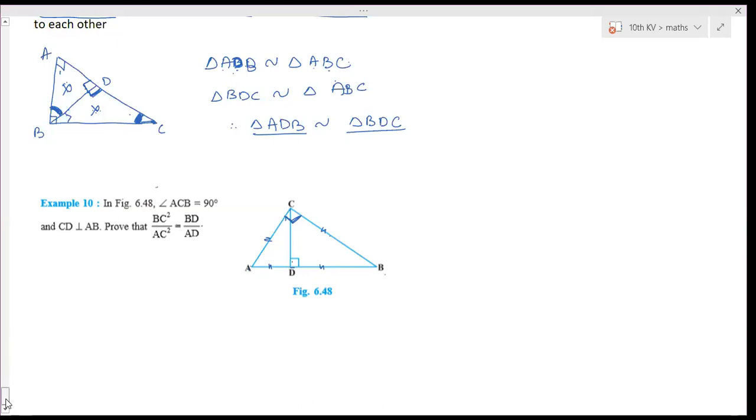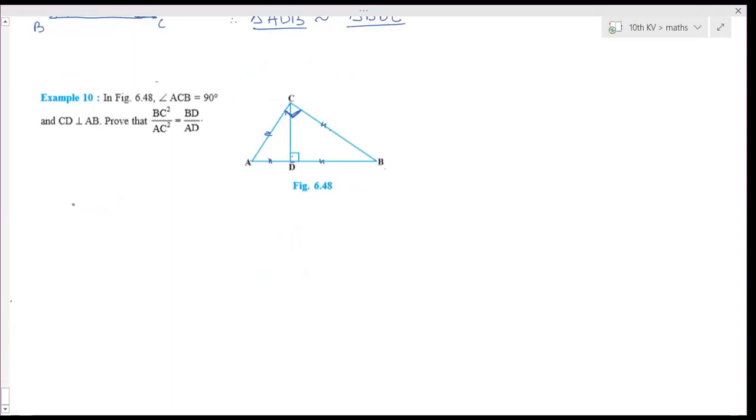So just now you have proved the same similarity. Prove it now. Triangle ADC is similar to triangle... In this triangle and this triangle, how do we write the similarity? D of this triangle and D of this triangle are equal, so in place of D, D should come. There is no common angle, but the opposite angles are equal. So angle A of ACD is equal to angle C of BCD. So in place of A, C should be there, and then this is B, according to the theorem.